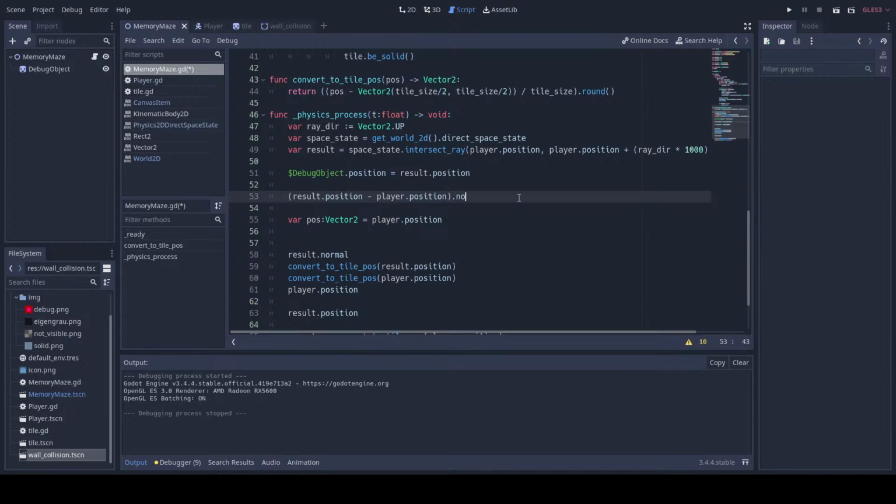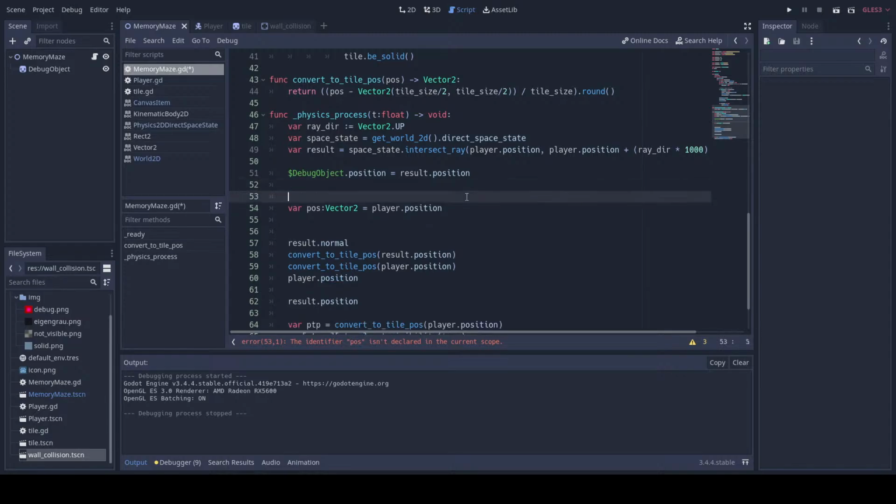But if I normalize this, then it just becomes this ray direction, basically. Okay, maybe a ray direction times tile size, starting at the player position, plus ray direction times tile size. And then I take this whole thing, so position equals player position, and then you do position plus equals ray direction times tile size,